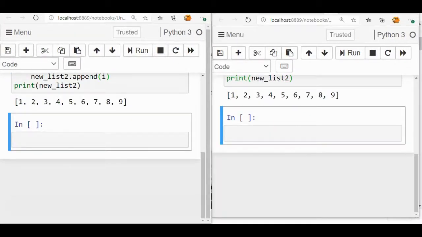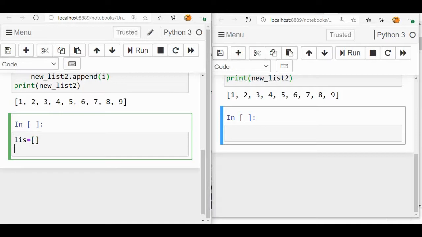Now I'm going to show list comprehension with the if condition. Let me do it with the help of a for loop first. I'm going to print the even numbers. I'm sorry, I have to create one list, for i in range. I'm going to take even numbers from 1 to 10.